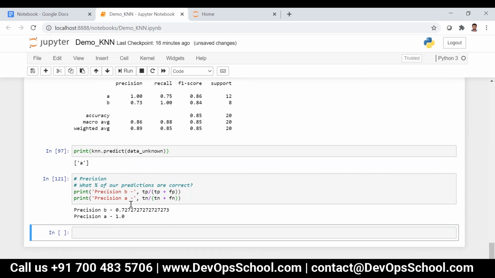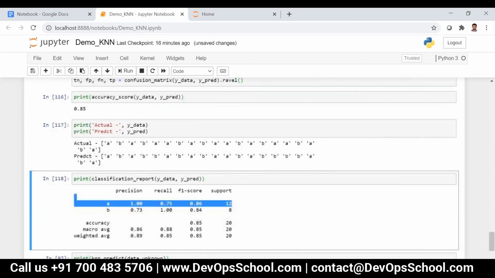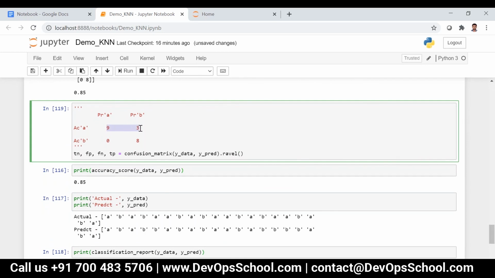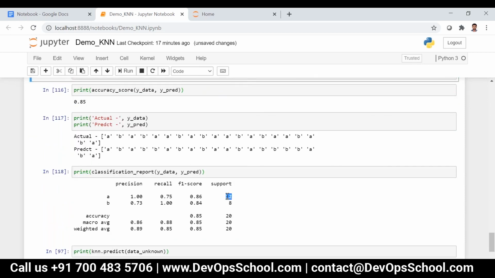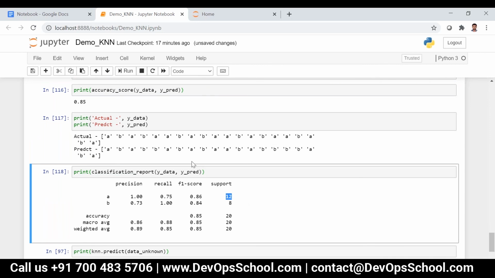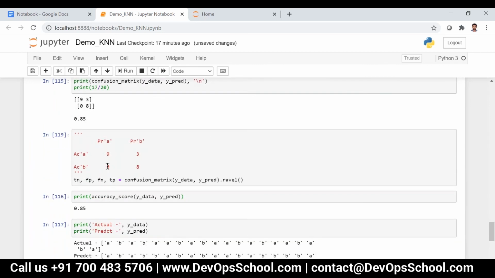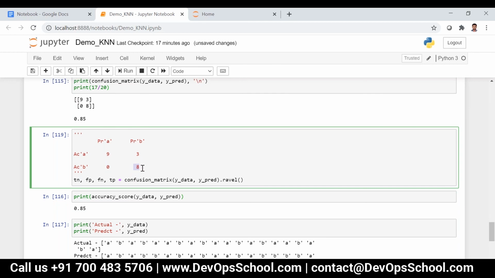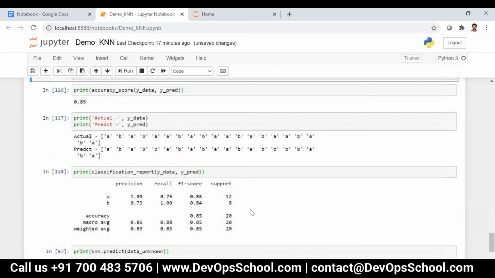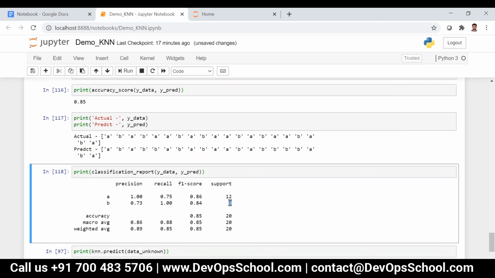So basically what is happening here is it is summing up whatever is over here, like 9 plus 3, because this is actual A predicted A, actual A predicted B. It is just summing up for A, that is 12. And if you see B, it is the sum of 0 plus 8, that is 8 over here. That is nothing but support.